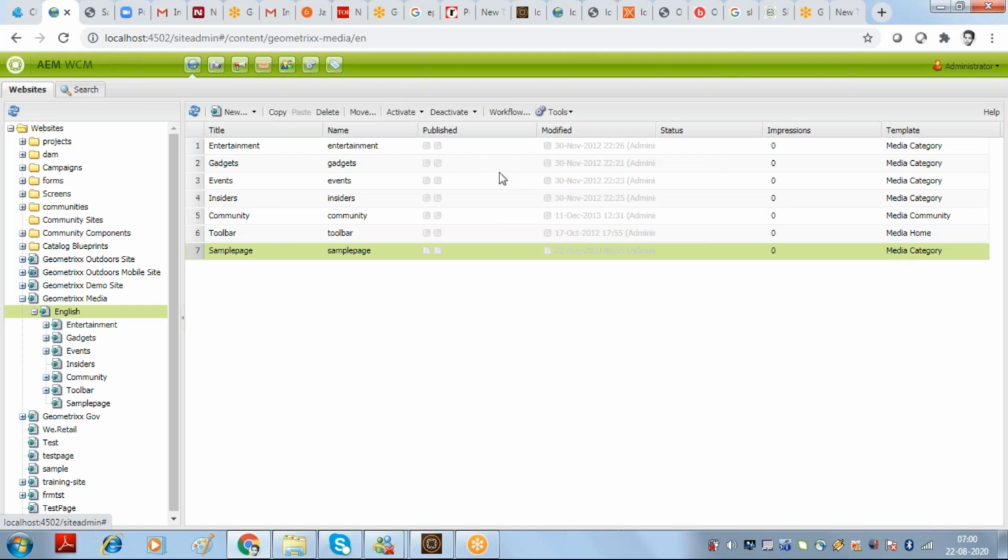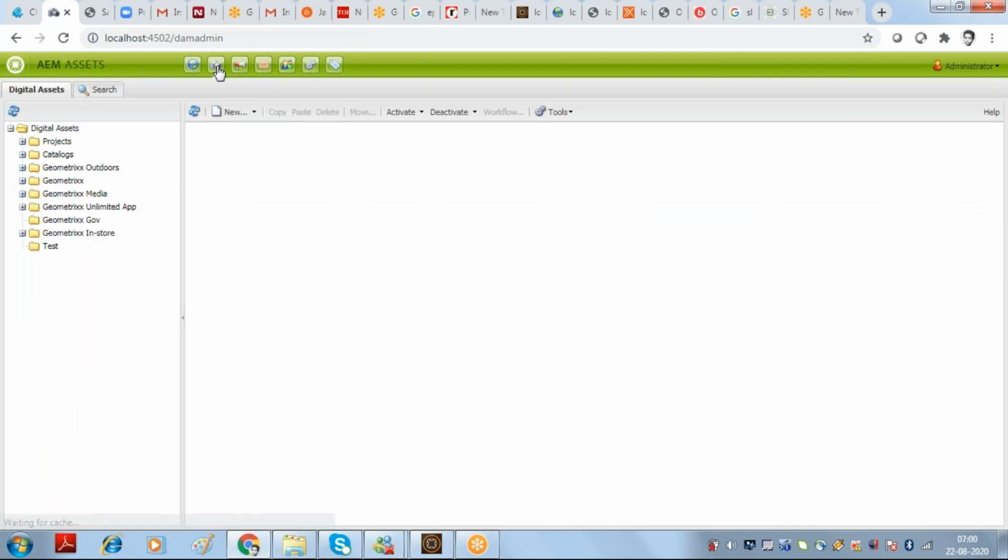Okay, now there is a green color toolbar at the top of your site admin console, right? The first icon is selected now. I'll clear this. I'll select the second icon. Okay. So this is the third console. The first one we discussed was CRXDE, the second site admin, and now I open DAM admin. The URL for DAM admin is localhost